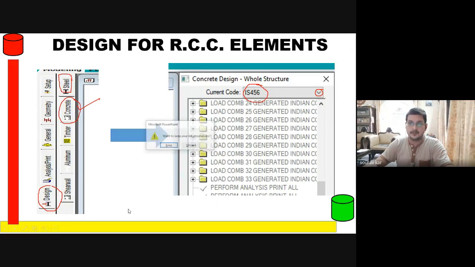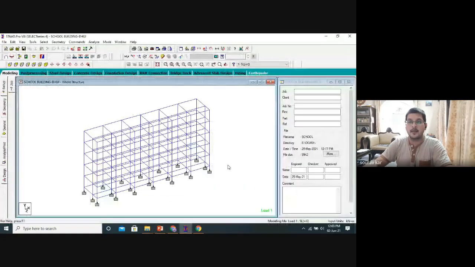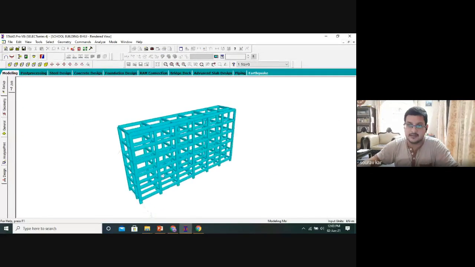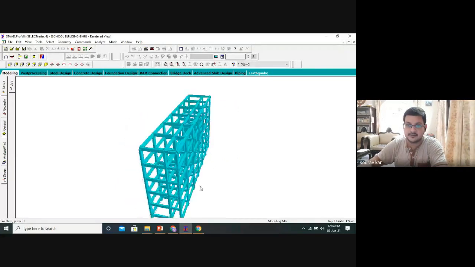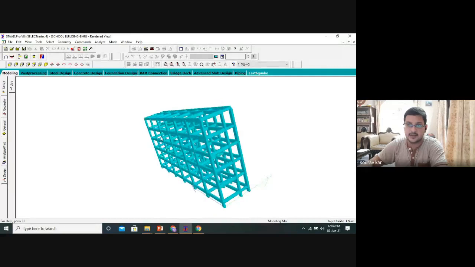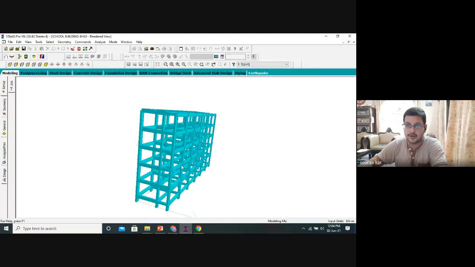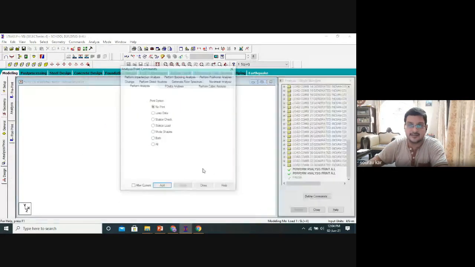Coming back to the STAAD model, this was our model completely. If you check the 3D rendering, we can see the structure of a school building. It has a long plan with long corridors. I will do the analysis first.